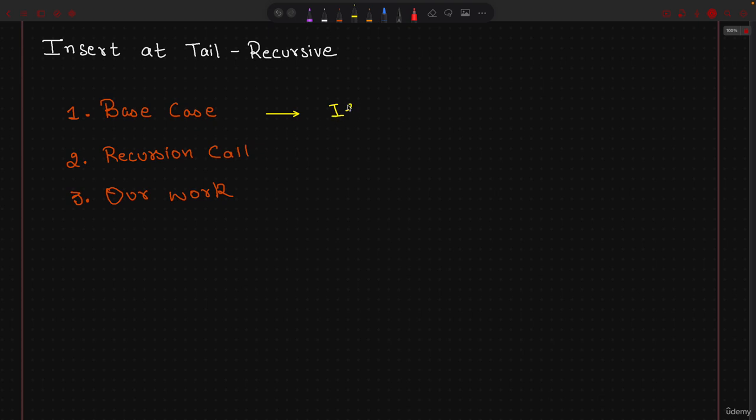So if we quickly see this, the base case, I think, is pretty straightforward. If your head is null, if head equals none, then we can just return the new node, right? So that's the base case. If the linked list is empty, that is going to be the base case, just like in an array, where the size is 0, right? So we used to take it like that. So return